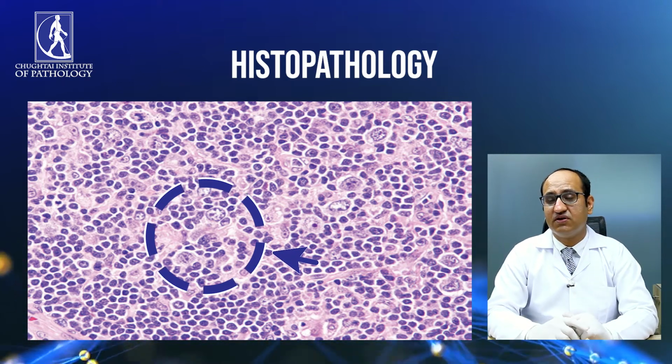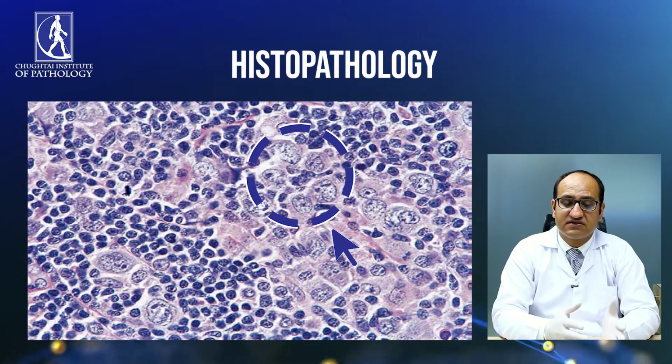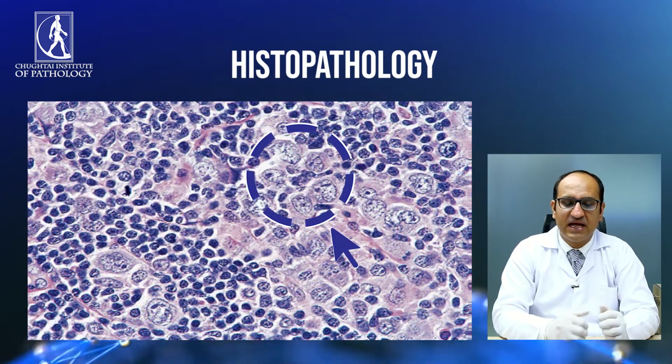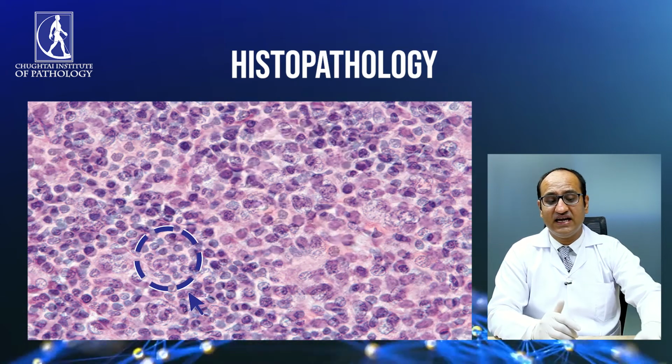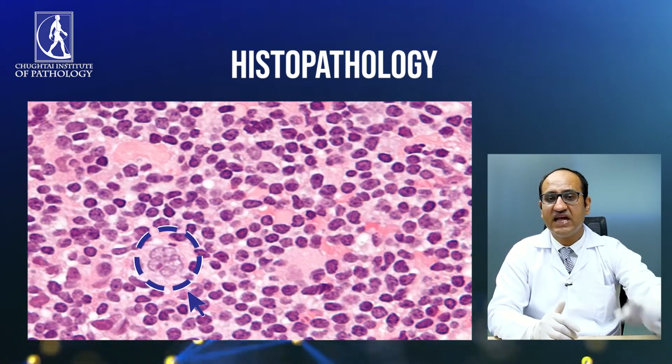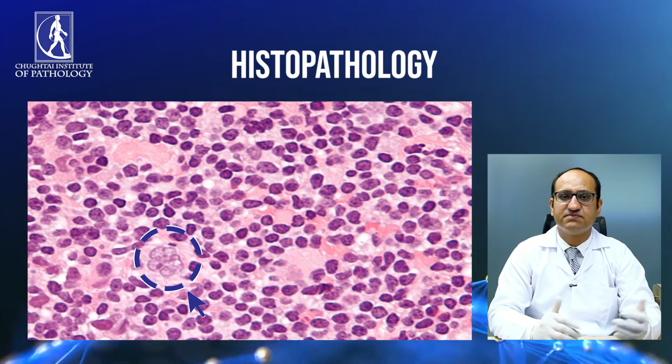When you go to even higher power, that is 40x, you can see these cells contain vesicular nuclei and prominent nucleoli. They are present in the background of small lymphocytes. Here you can see a cell that has a hyperlobated nucleus with a prominent nucleolus. The common name for this cell is popcorn cell. If this cell is present in a slide, most likely you are dealing with a case of lymphocyte predominant